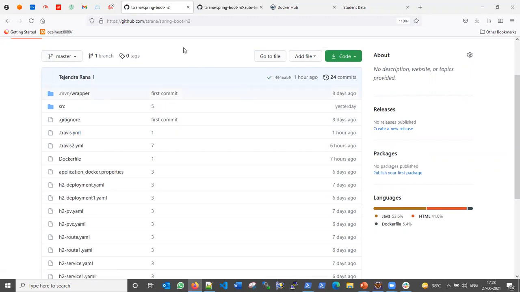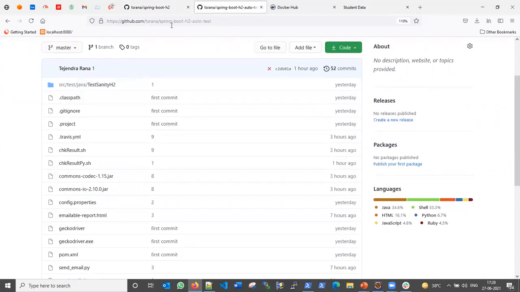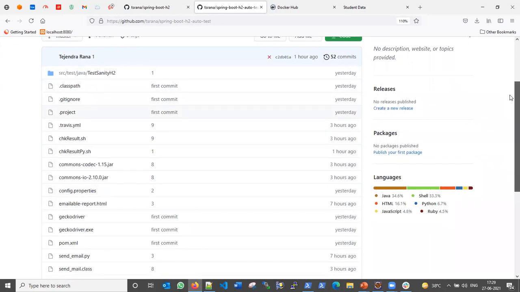Here I have two Git accounts. One is for the developer, who will write the Spring Boot H2 application using Java, and another GitHub account is for the tester, for auto testing. They will write the test cases, the Selenium test cases, using TestNG and all that.